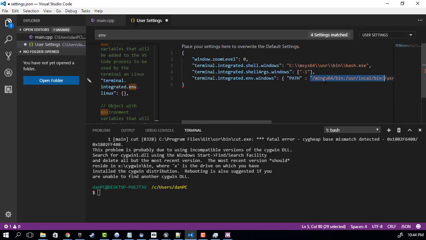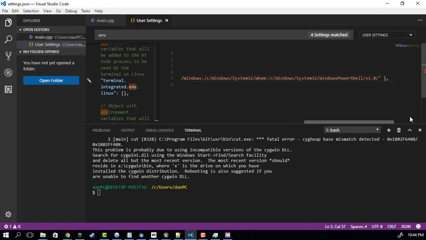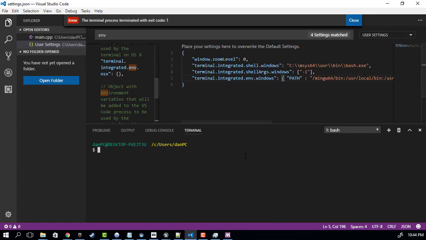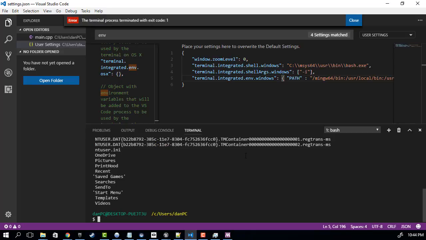So if I just save that, have a comma, take away the comma. So now kill this terminal and run a new one, so we get no errors, and now we can do